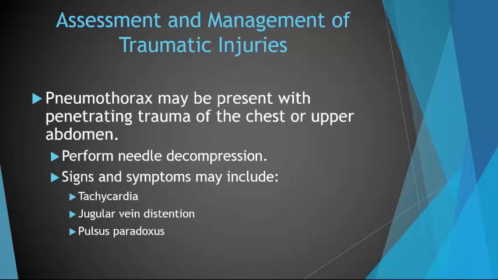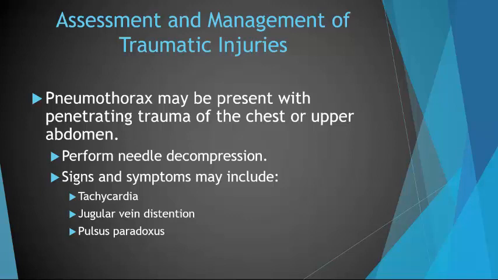Pneumothorax may be present with penetrating trauma of the chest or upper abdomen. It's not common in pediatric blunt chest injury, but you may see it. JVD and tracheal deviation are less likely in a child. If the MOI suggests a possible tension pneumothorax and the child is in significant respiratory distress, you should perform a needle decompression. Signs and symptoms of tension pneumothorax include tachycardia, difficult ventilation despite an open airway, absent or decreased breath sounds